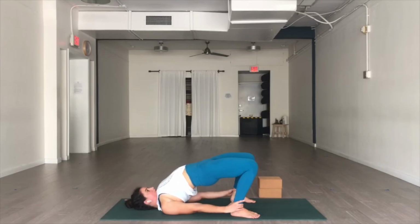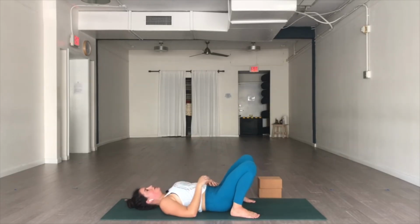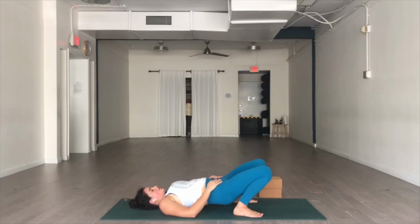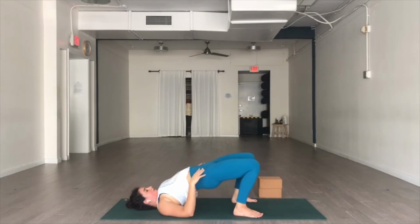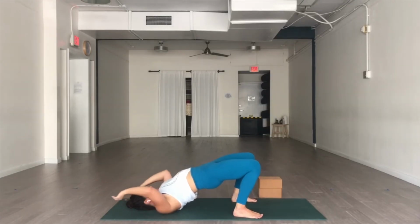3, breath is smooth. 4, 5, exhale, slowly lower through the spine and then lower the hips. Good. All right, you can do that again, or you can move with me into Urdhva Dhanurasana. Inhale. And exhale, lift the hips. Inhale, lift the chest. Good, so you're in bridge pose,